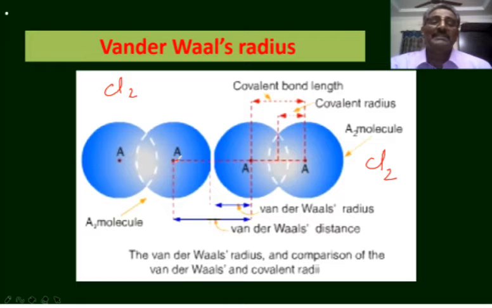The distance between the nuclei of two chlorine atoms within the molecule is the bond length. Half of this bond length is covalent radius, whereas in between two diatomic molecules in its solid state, the van der Waals forces exist